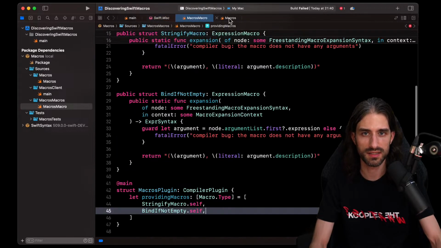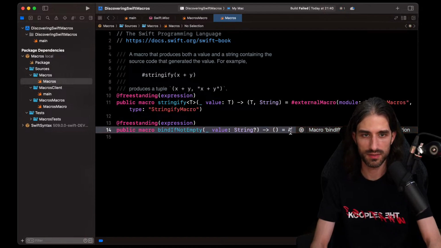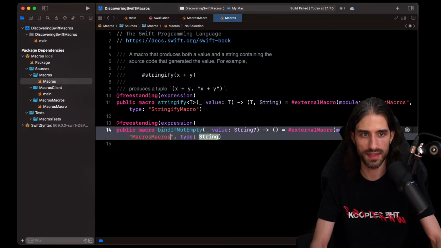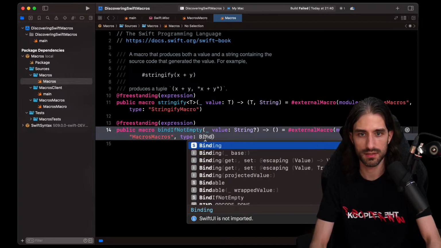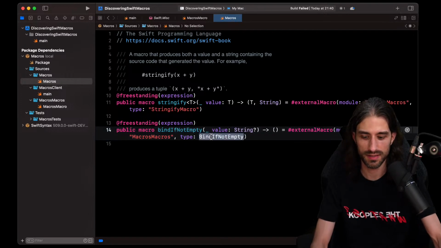Okay, we'll see how it's going to work. So it's an external macro, and for the module I can just give the same name. And for the type, it is going to be bind if not empty, and then I can turn it as a string like that.